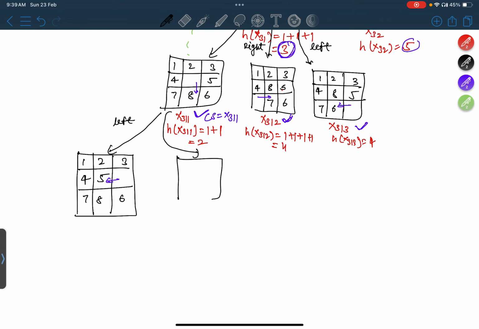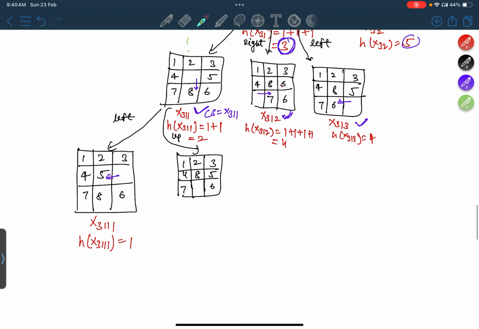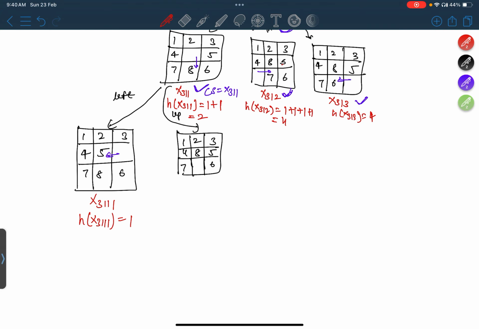And इसमें if I do draw it 1 2 3 4 8 5 7 6 8. this was up. तो अगर मैं इसको कैलकुलेट करूँ for this one x3111, h of x3111 is कितना आ रहा है इसके लिए? ये सारे करेक्ट पोजीशन पे, सिर्फ ये करेक्ट पोजीशन पे नहीं, तो 1. इसके लिए सिंस ये तो ऑलरेडी हमने देखा था यहाँ पे 3 x3112, h of x3112 is 3. So we'll not choose this one, we'll go with this,